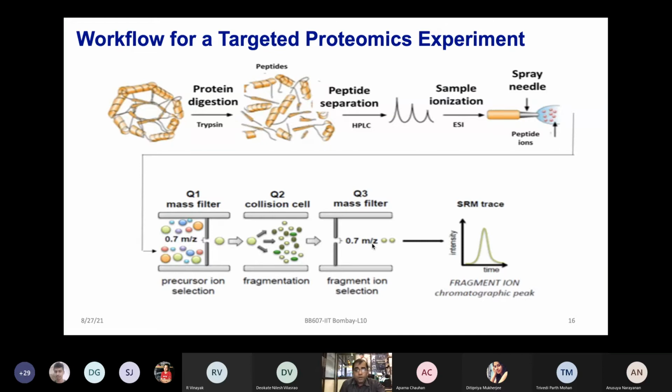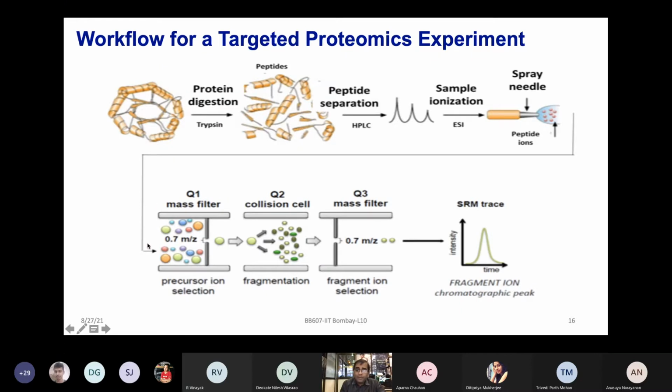So broadly, what we are going to talk about now is the targeted proteomics experiment, and the sample and the workflow are very similar to what we have discussed about the label-free quantification experiment, but data analysis and of course data acquisition using software like Skyline becomes slightly more unique and more interesting and challenging as well. You are digesting the protein, separating the peptides using nano-LC or HPLC, and then doing ionization, these peptides being ionized. Now coming to the mass spectrometer, which is a triple quadrupole mass spectrometer in this case. Triple quadrupole is slightly a misnomer. You have only two sets of quadrupole rods, Q1 and Q3. In between these two, you have a collision cell.